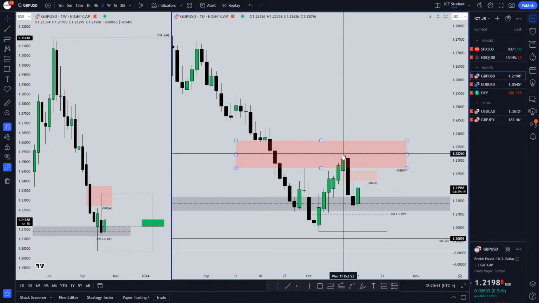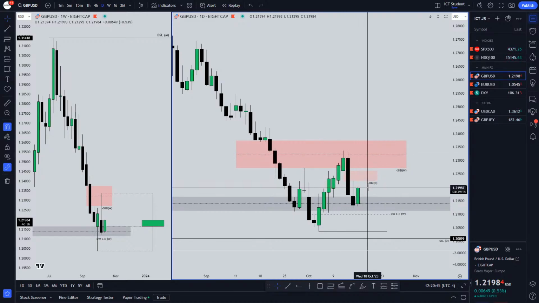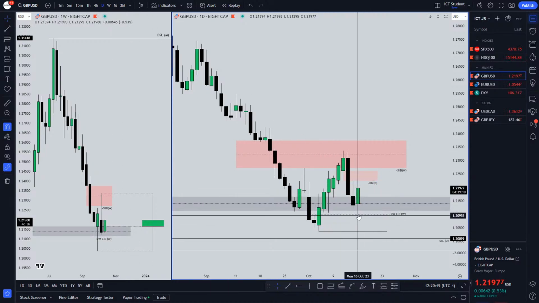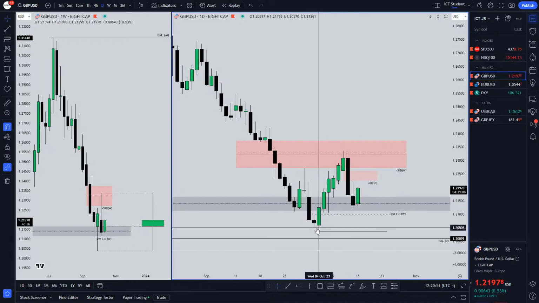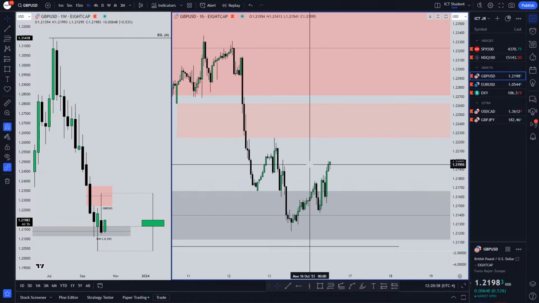We tapped into it, and then we dropped. We created a sell side imbalance on the daily there, and we're retracing back up into it. Very ideal, if we come at least to the discounted wick or the sell side resting down here. That's kind of what I'm watching for this week. And then